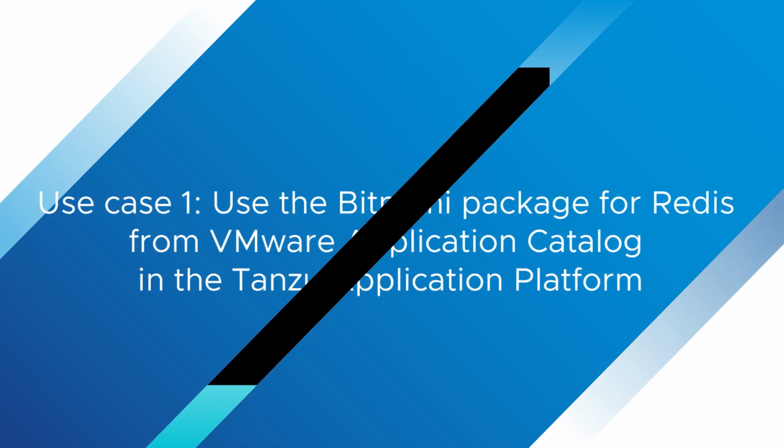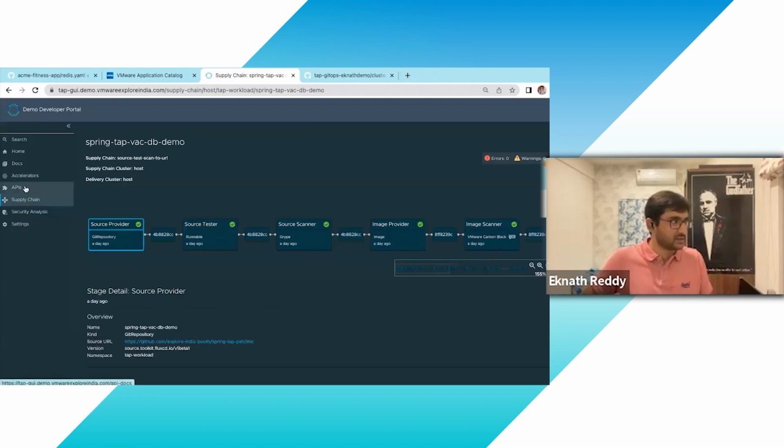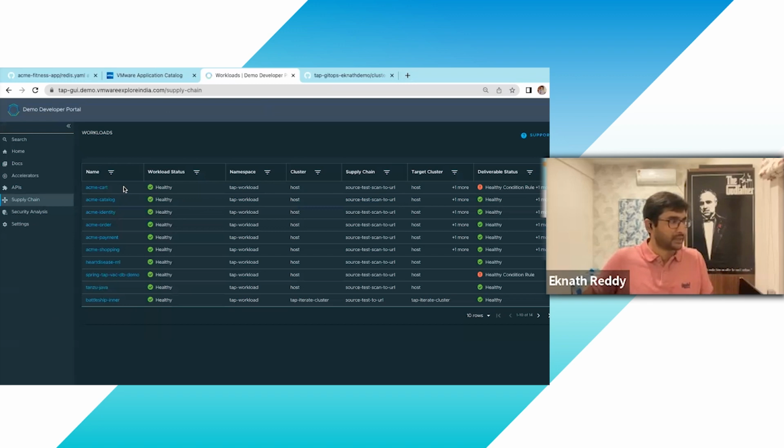For this demo purpose, I've already deployed an Acme Fitness application, which is an e-commerce based application. It includes 6 different services, right? As I'm showing here, Acme Cart, Catalog, Identity, Order, Payment, Shipping, and so on. All these services are deployed using different programming languages, and it also has a dependency on some external resources like a Redis database. So I've already got